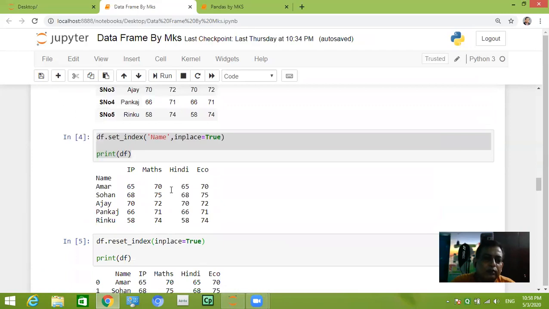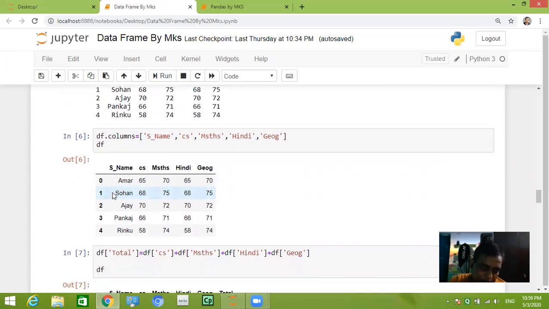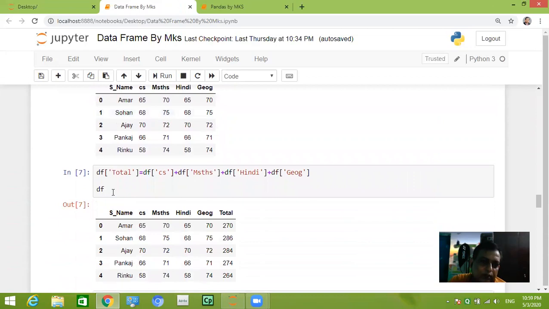Next, how to take any column as index. Next, how to reset the index to the default values, that is 0, 1, 2, 3. Next, how to add a new column in the data frame.